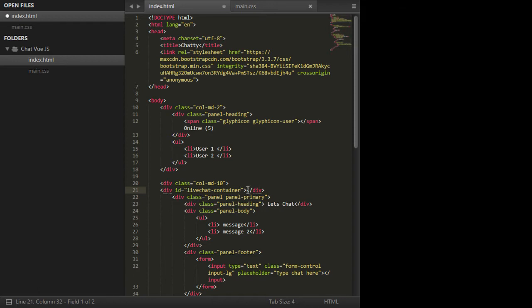And then once we close that div, so we need to, of course, then close this div